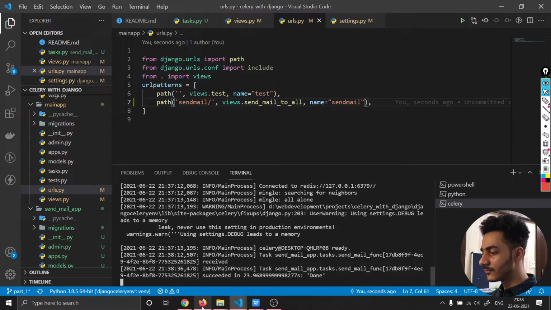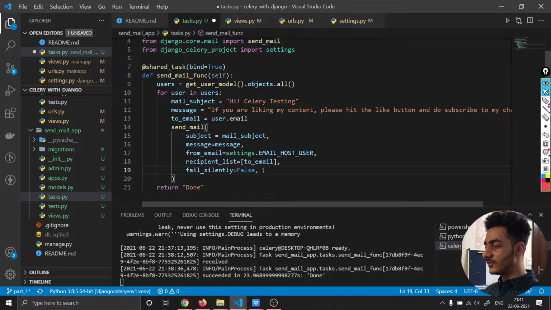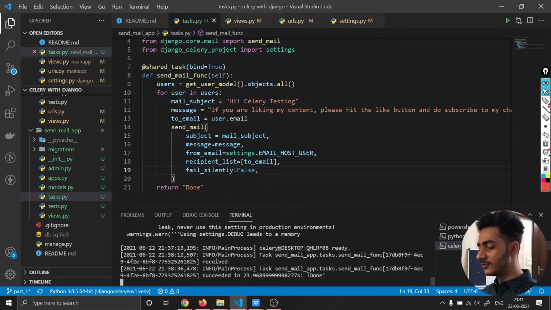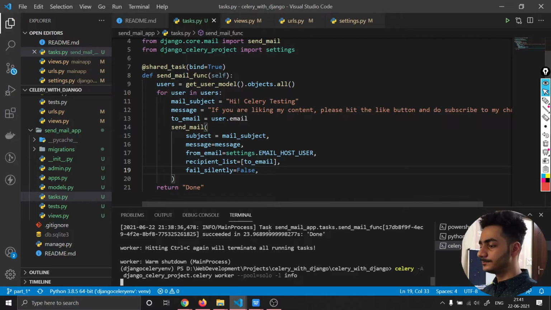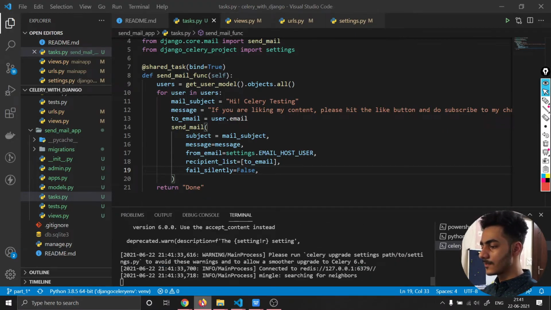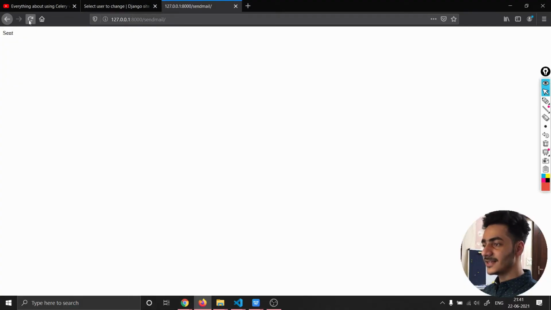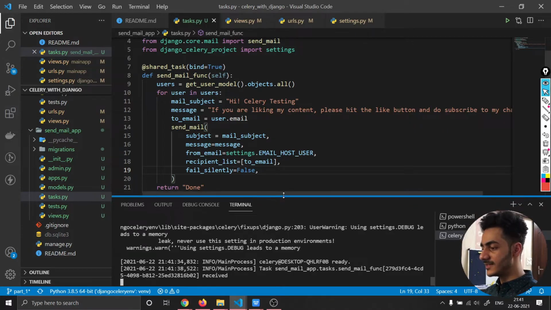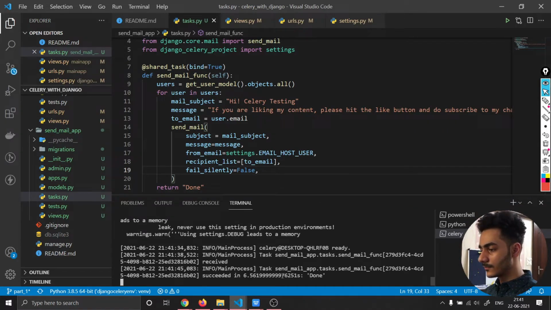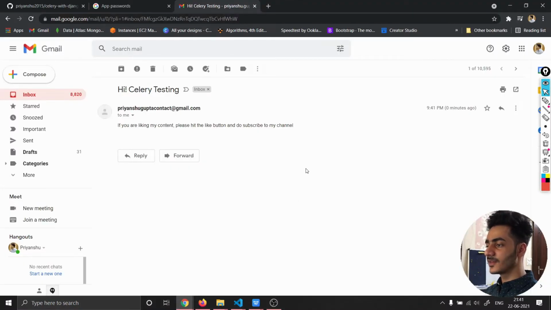Now if I go to my email ID to which I have sent the mail, I have not got the mail right now, so I am changing this to false to see what error is happening here. Control save, and I will also start the Celery worker again, because otherwise it will not update the code. And let's again refresh this page here, and it has received the task here. Now it is basically sending that. Now it is succeeding only. We are not getting any error here inside the send mail. And see, I have got the mail here.